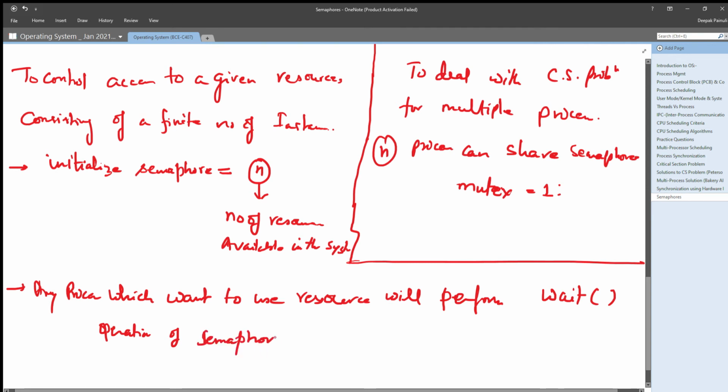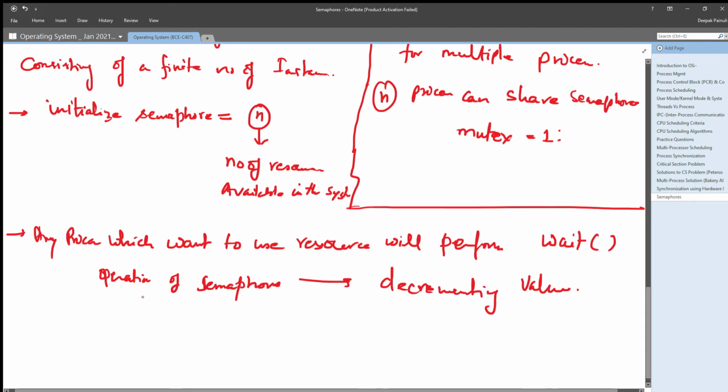What does it mean? It means simply decrementing the value of the semaphore. Simply you are decrementing the value of the semaphore.